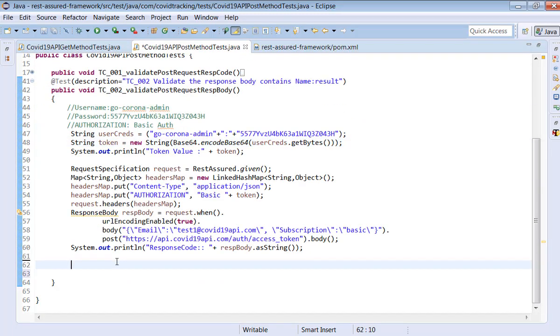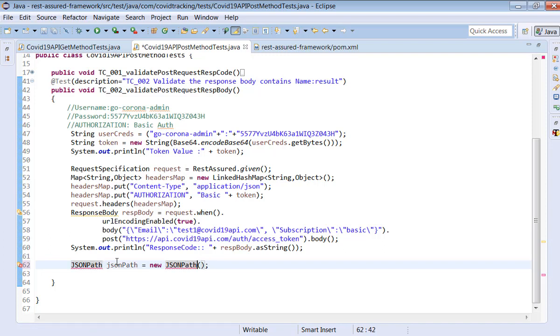What we can do now is convert the response body into JsonPath. This is what we converted. We created this in the case of the GET request also. JsonPath is equal to new JsonPath.